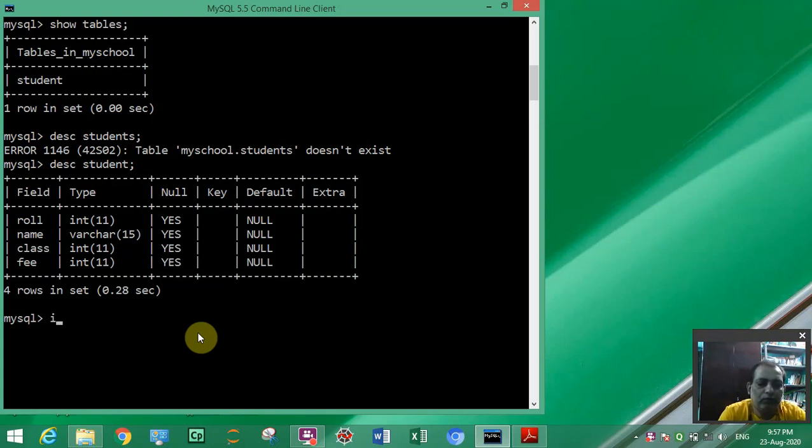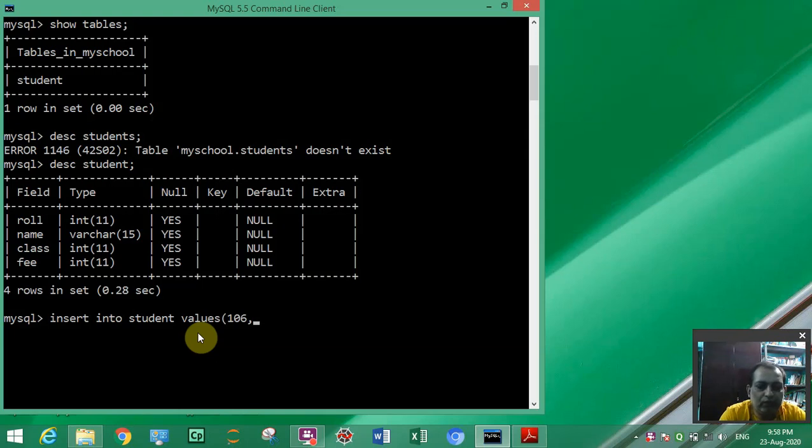First of all, we will write insert. Suppose we know everything: roll number, name, class, fee. Then how to insert? Insert into, and the table name is student, values. All things are known, so write them serially: roll number 106, an integer, so without single quote.